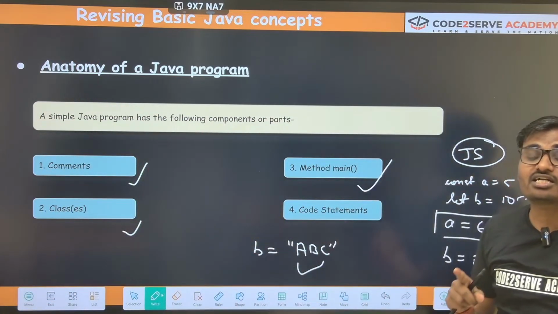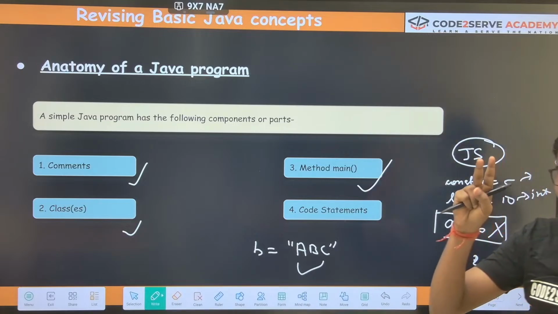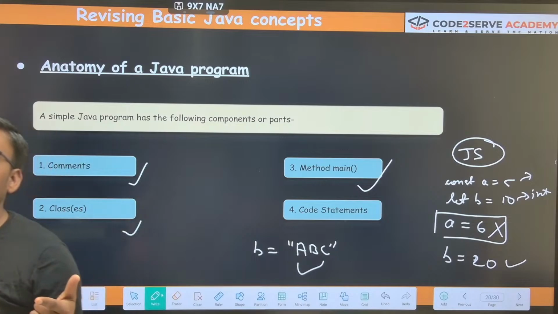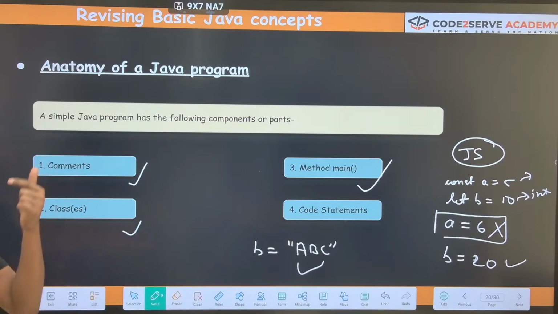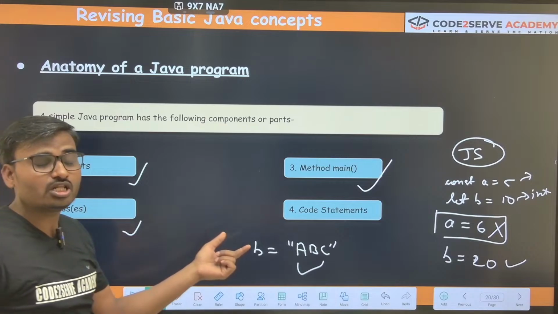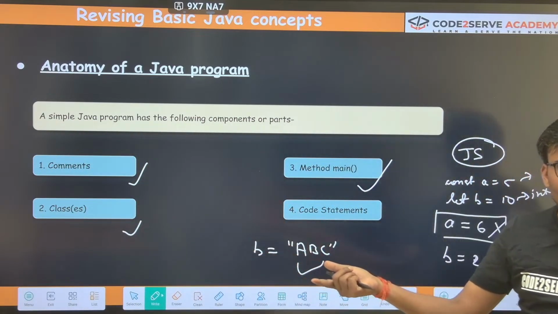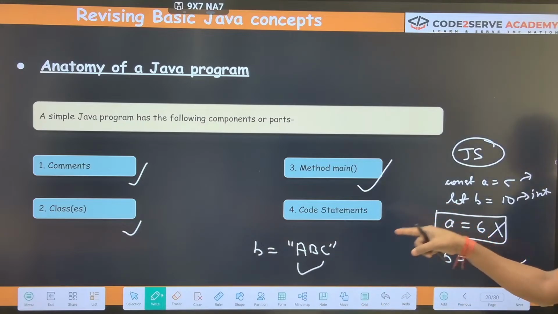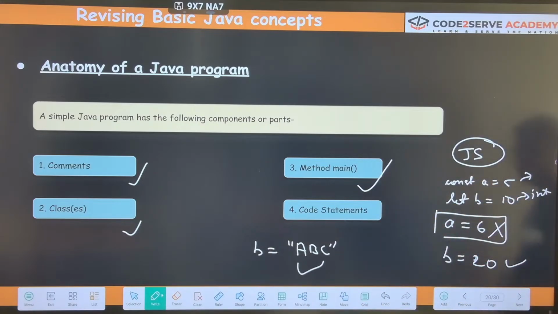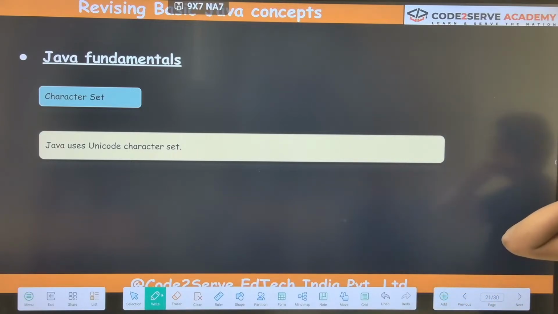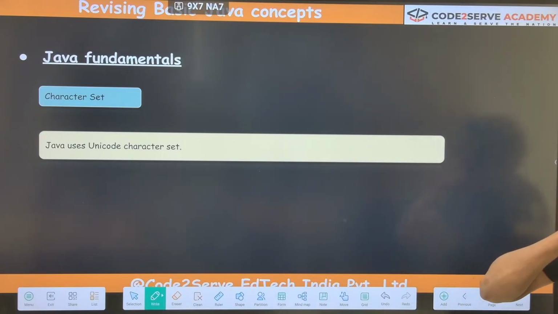You have to keep two things in mind: there is a strictly typed language and there is a loosely typed language. Java that you are learning is a strictly typed language. You cannot change the type of any variable. But whenever you learn a loosely typed language, like Python or JavaScript, there you can change the type of variables. Got it? You will relate this once you learn other programming languages. Most probably in class 11th you will be learning Python, if you take computer science.